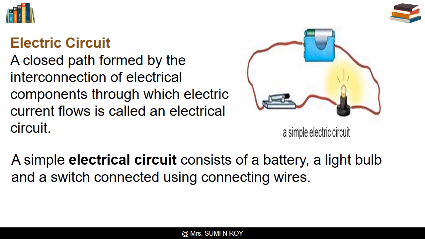Each element of a circuit has a specific function to play. For example, wires can be used to connect one element to the next, and a plug key or a switch can be used to either complete or break the closed path. The given figure shows a simple electric circuit in which a bulb, a cell and a plug key are connected by the wires.